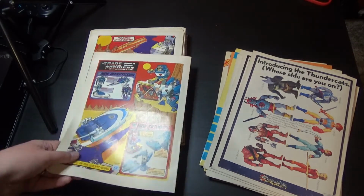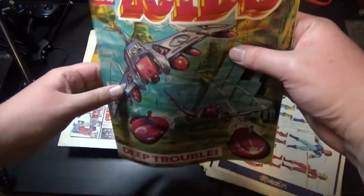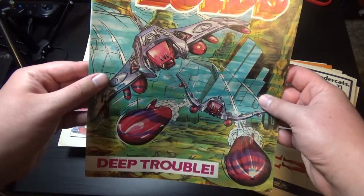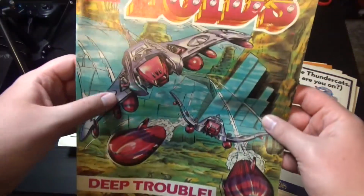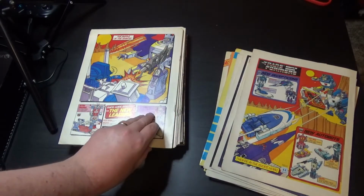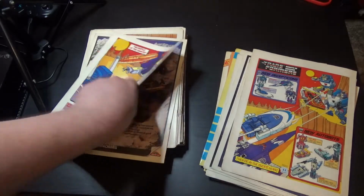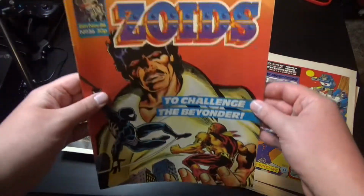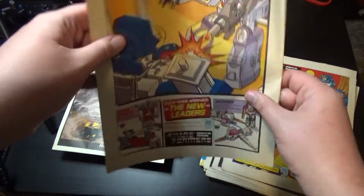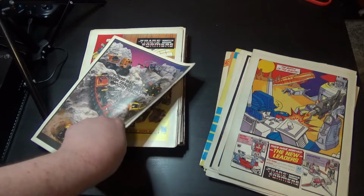I'd like to get some 80s Transformers comics as well. There's a little snapshot of those. I actually do have a Transformers comics compendium that does have some of the 80s UK comics in it. And from what I've heard, those do have a pretty cool storyline. Very interesting just to understand why there was a separate storyline for Transformers just published by Marvel. The American ones and the UK ones